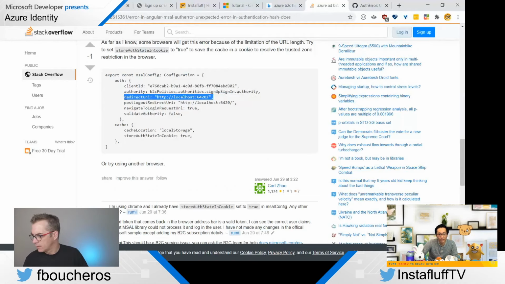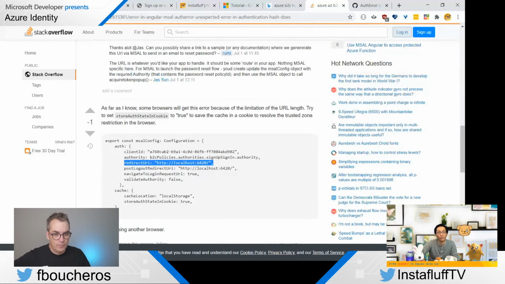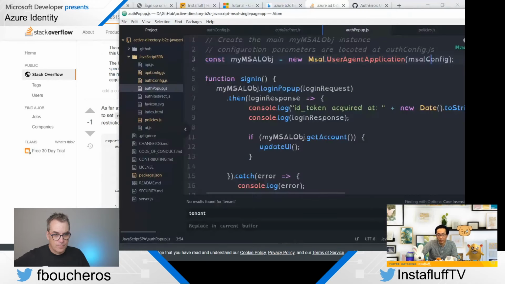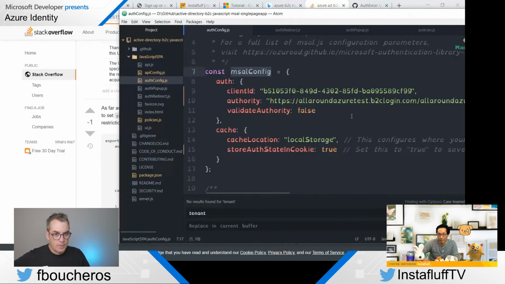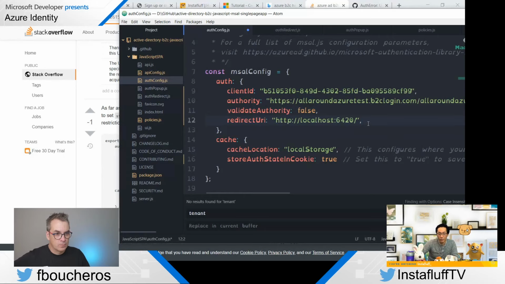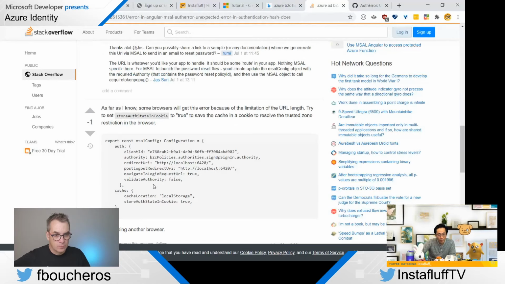Ooh, maybe this. There's a redirect URI. This person did the configuration a little different and added this thing. So in the auth config, they added this option called redirect URI to this localhost directly. And maybe we navigate to login request URL true. Okay. And post logout URL.